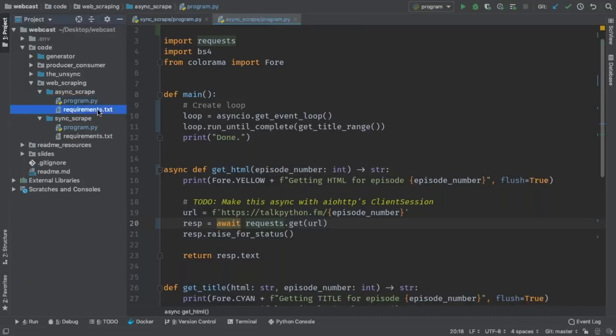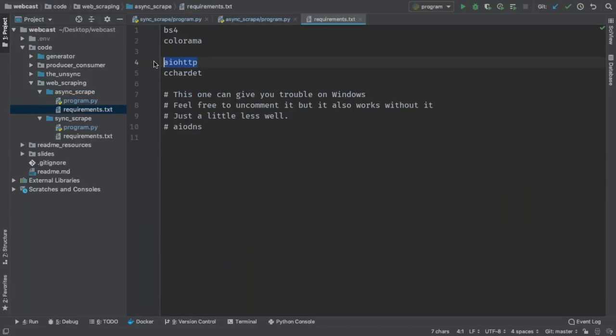So let me introduce you to another bit of magic called aiohttp. aiohttp is a cool library that will let us basically do requests-like things, but it's natively built to support, as you can imagine from the name, asyncio.